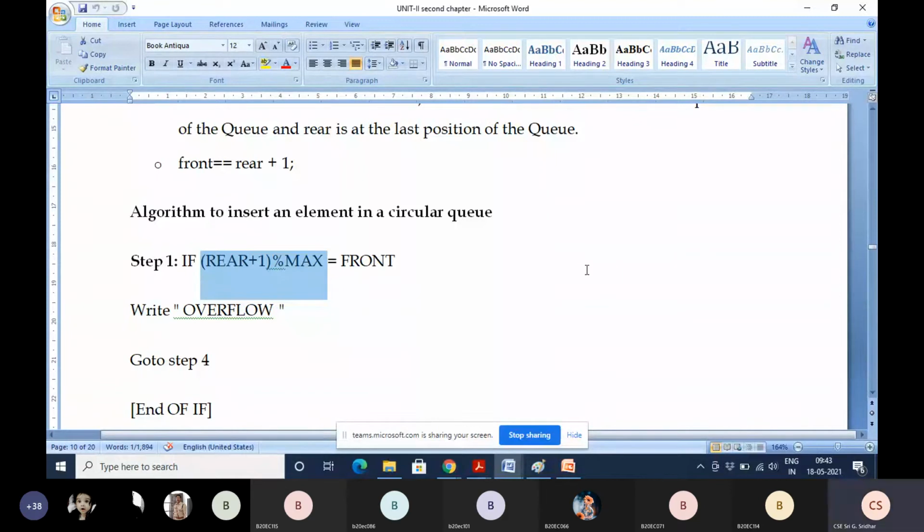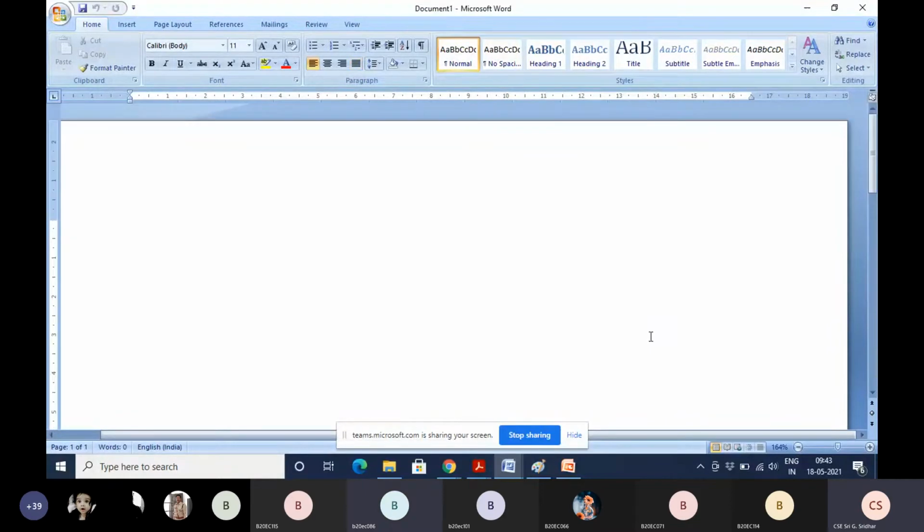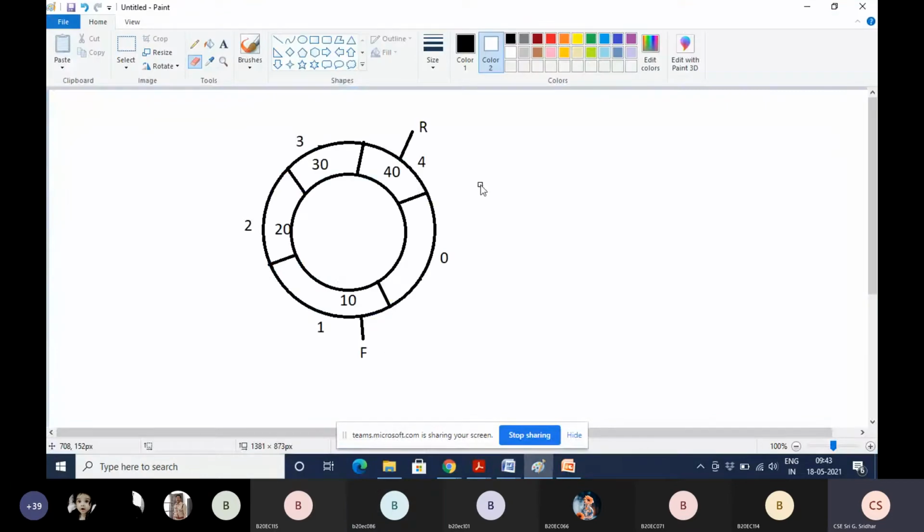Now whenever rear value is 4, plus 1 modulus max, meaning size of the circular queue, that is 5. Then 4 plus 1 modulus 5, what is the result, students? 0. Very good, 0. Now rear value from 4 is set to 0.